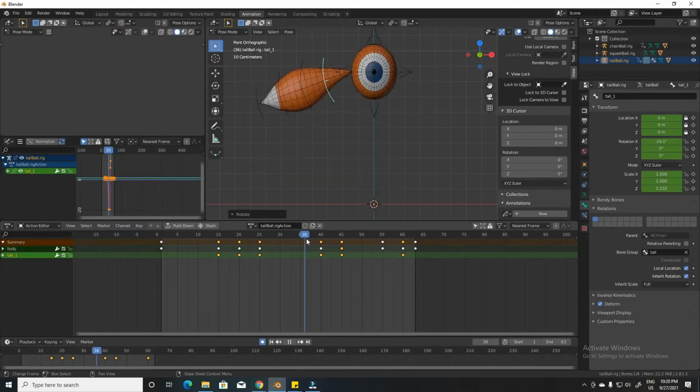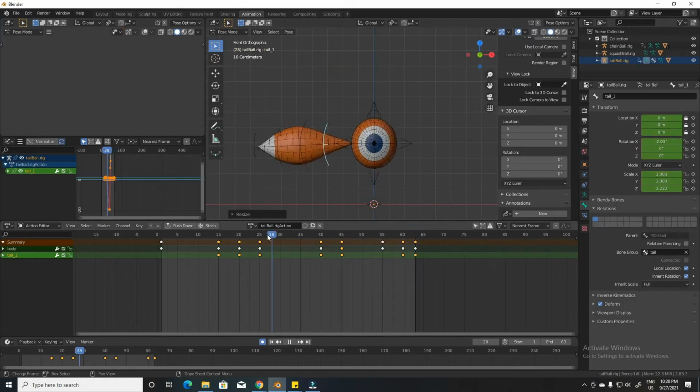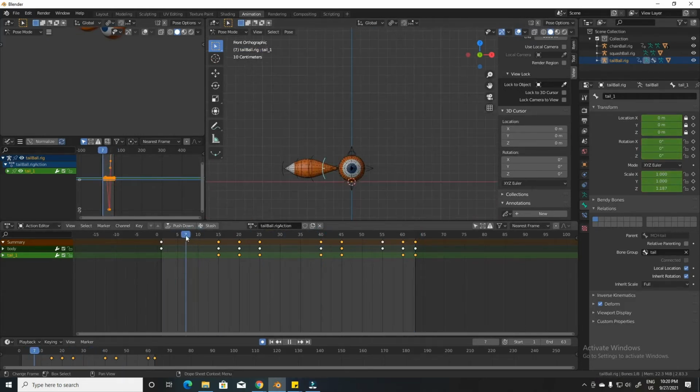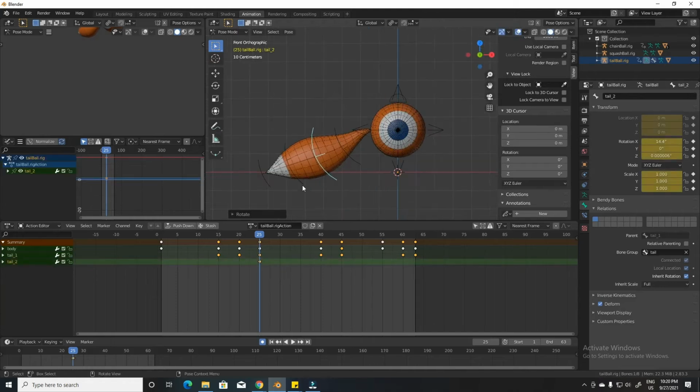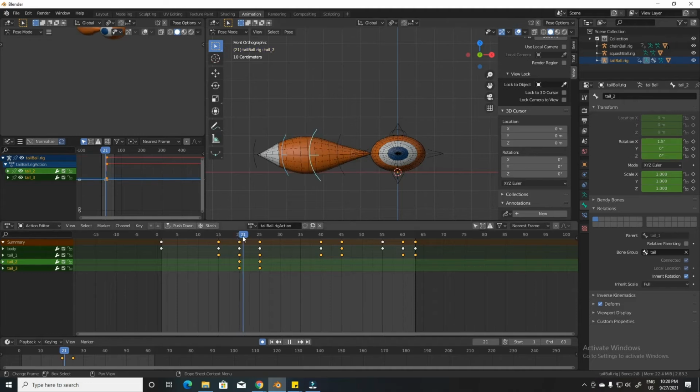When the ball tail is jumping up, the tail is still trying to stay on the ground, so it will be pointing downward.